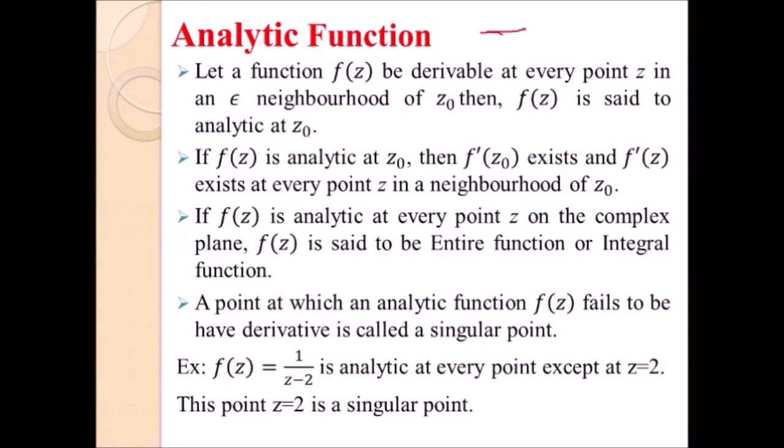So I have a point z naught, taking epsilon neighborhood. So this is z naught plus epsilon, this is z naught minus epsilon. So if f of z has derivatives at each and every point in this interval, then we say that f of z is analytic at z naught. If f of z is analytic at z naught, then f dash of z naught exists